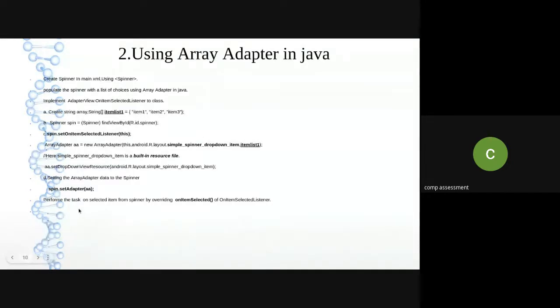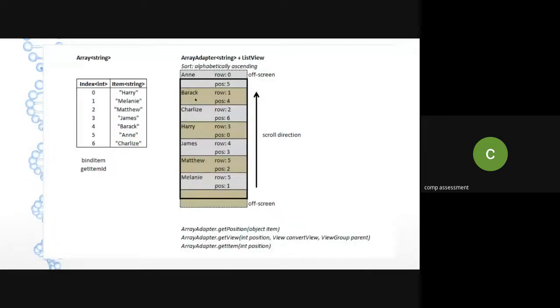You perform the task on the selected atom from the spinner by overriding the onAtomSelected method. In order to get which atom is selected, you have to use the onAtomSelected method from the list spinner listener. So this is the way the values will be shown in your array adapter. Obviously it is a list view, so it is indicating the rows and the positions.